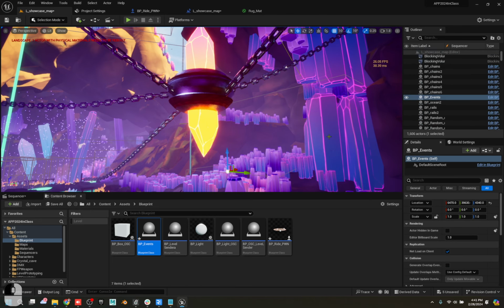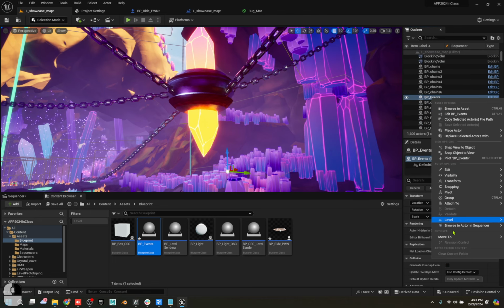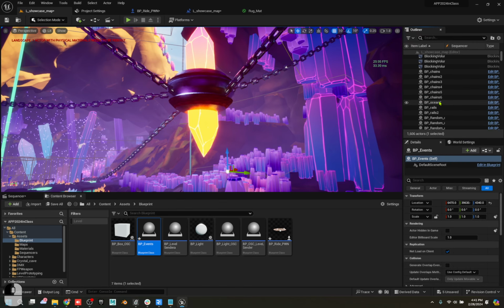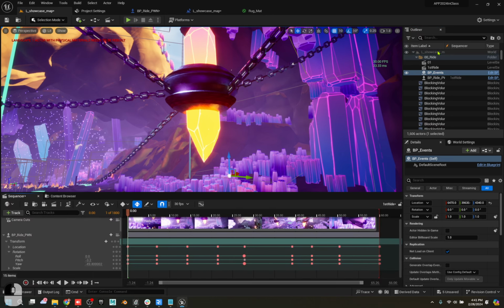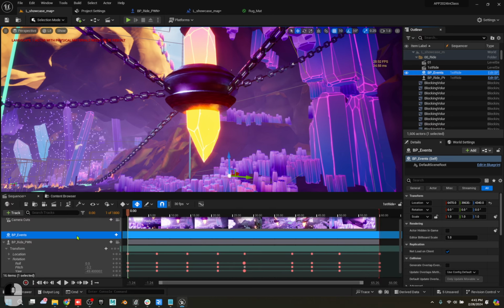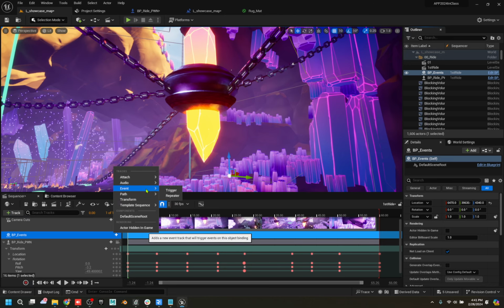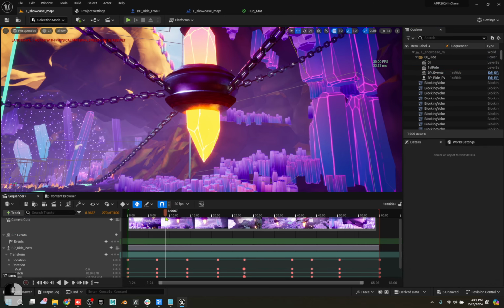Make sure it's in the world, doesn't matter where. I'll move this to the top so I can find it easier. So that's the very top. If I put it in my sequencer, I can do a track for events, and then